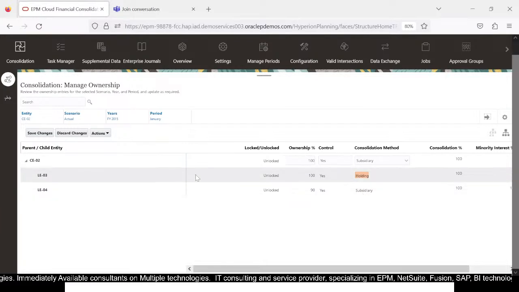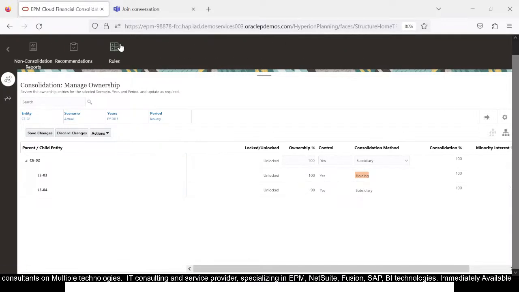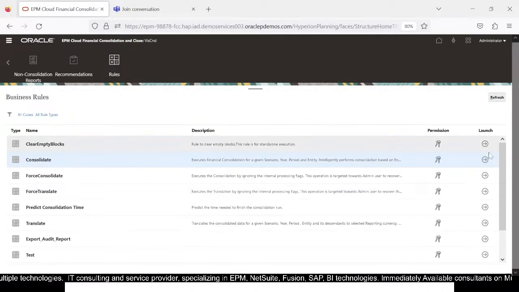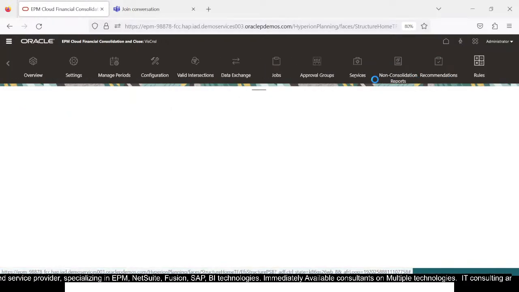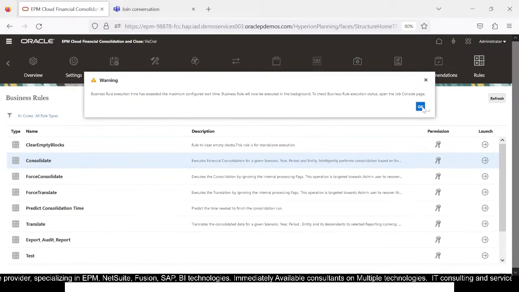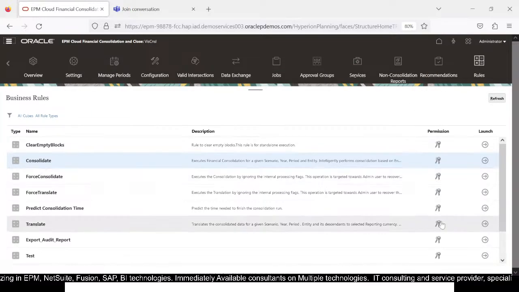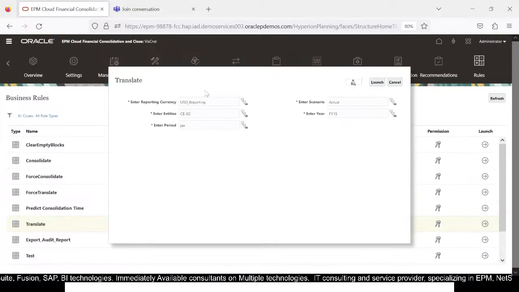So we have given the ownership structure. Now we will run the rule of consolidation and then translation. Okay, now I will run the rule of translation. So the reporting currency